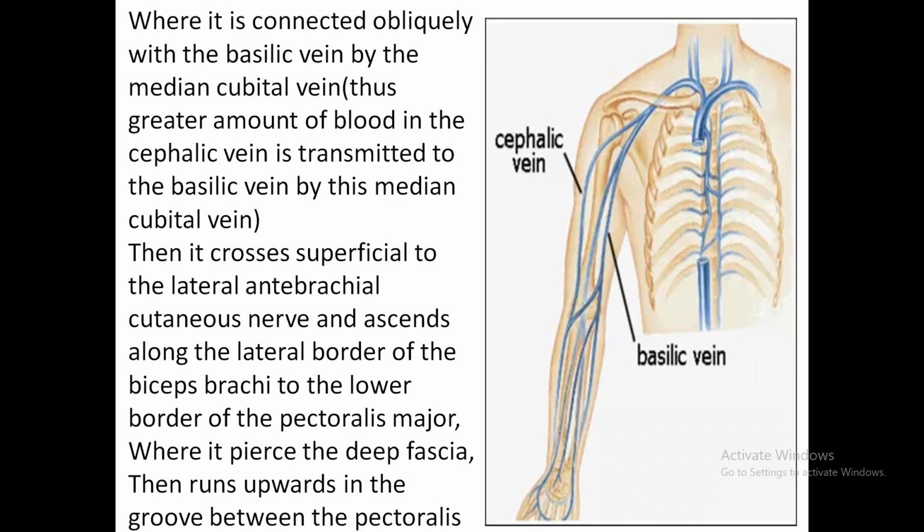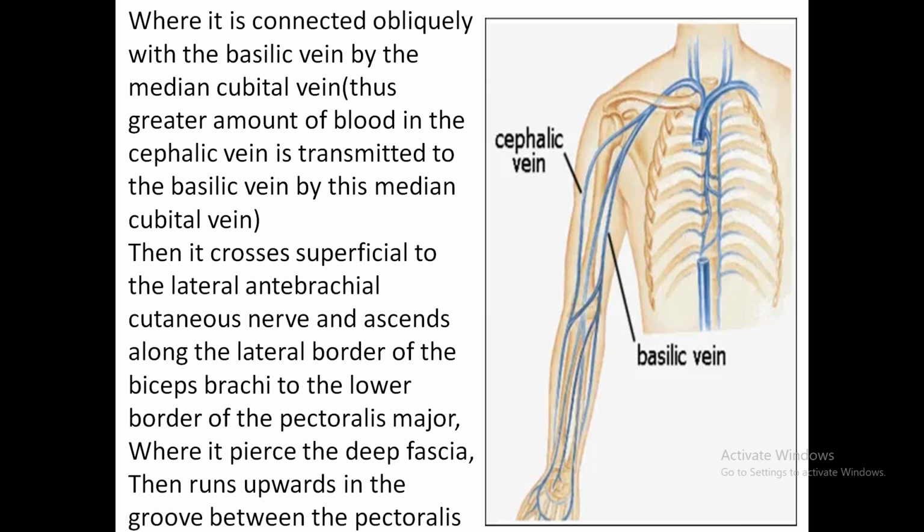Where it connects with the median cubital vein to the basilic vein. Thus, a greater amount of blood in the cephalic vein is transmitted to the basilic vein by this median cubital vein. Then it crosses the superficial fascia. Then it crosses superficial to the lateral antebrachial cutaneous nerve and ascends along the lateral border of the biceps brachii